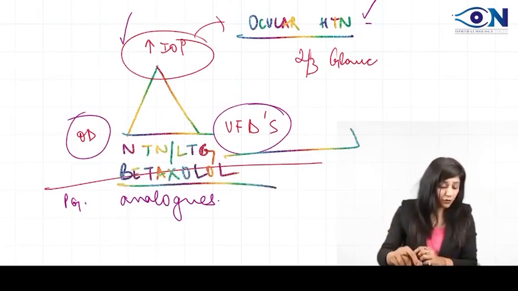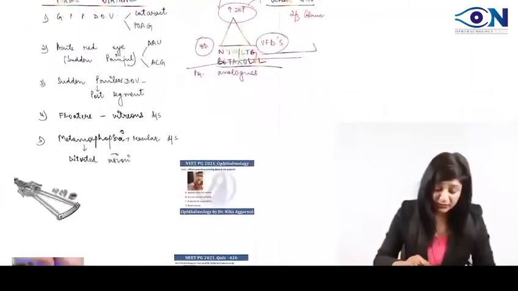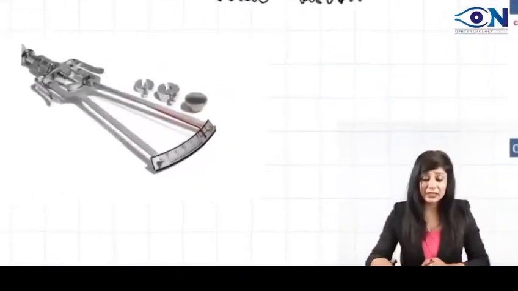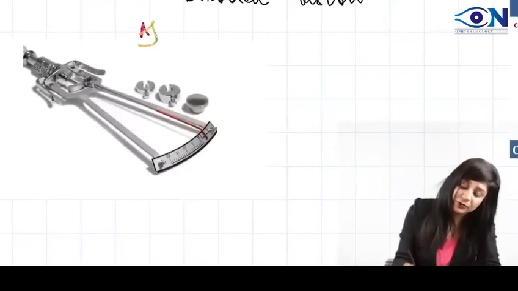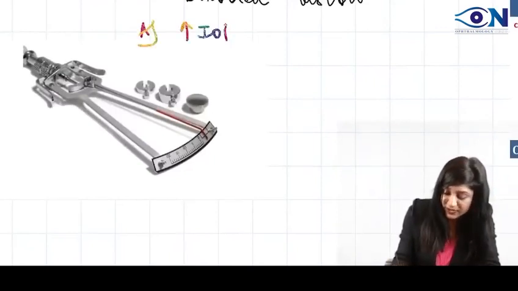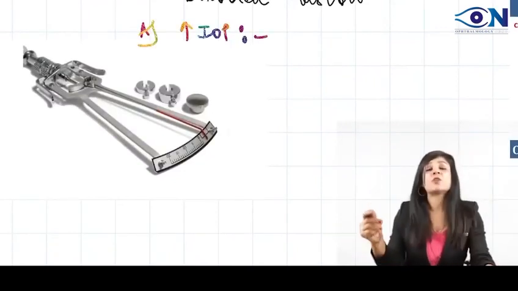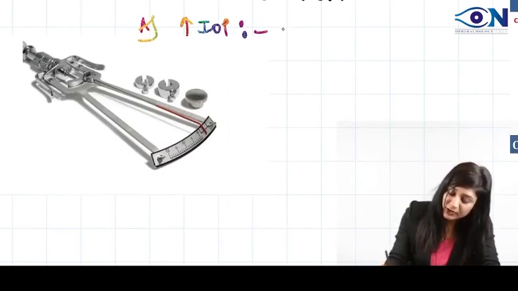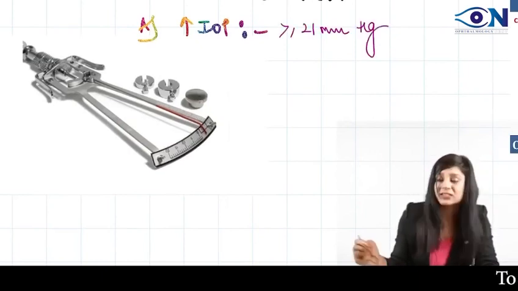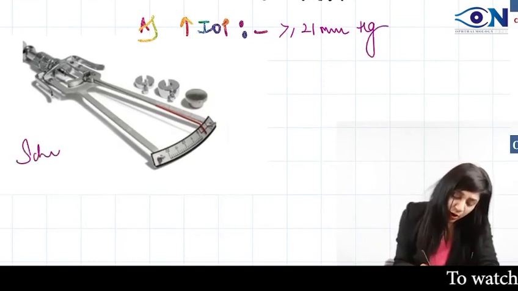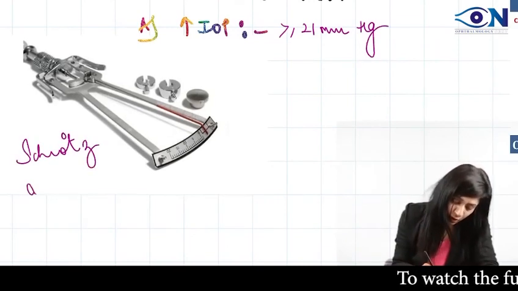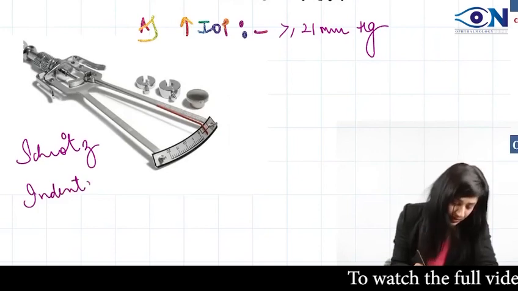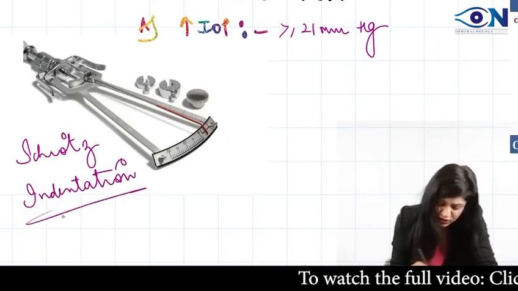Alright. Now, when I talk about the triad, very, very important. Whenever the triad comes up, you have to talk about the raised intraocular pressure. Write in the comment section, what is the normal IOP? How can I measure the IOP basically? Normal IOP is measured, and a raised value is more than 21 mm of mercury. This is measured by the Schiotz tonometer, the Schiotz indentation tonometer.